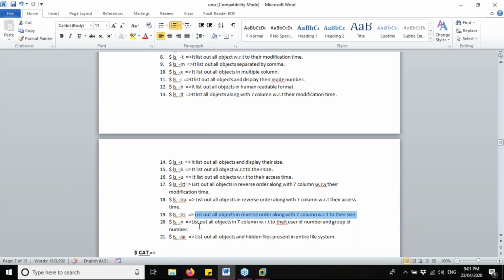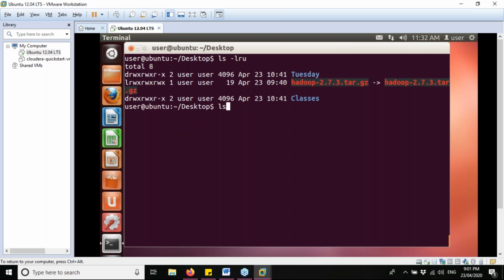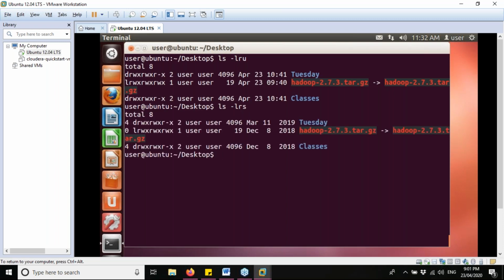And what is the command here? ls space hyphen lrs. So ls space hyphen lrs and then enter. Now see, again in this 7 column format and arranged in the reverse order with respect to its size. All right,